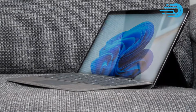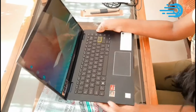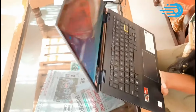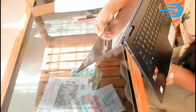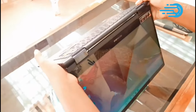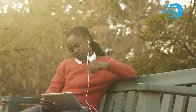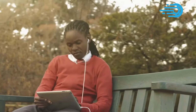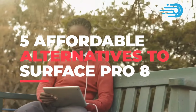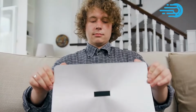Do you want to use the Microsoft Surface Pro 8 for school or work but can't afford it? Without question, the Microsoft Surface Pro 8 is a fantastic device. But if you're short on cash, don't worry. Other excellent devices can serve as an alternative for this machine, and they're also affordable. So stick around because, in today's video, we will talk about 5 affordable yet powerful alternatives to Microsoft Surface Pro 8. Let's start with a description of the Microsoft Surface Pro 8 so you can compare it to the other